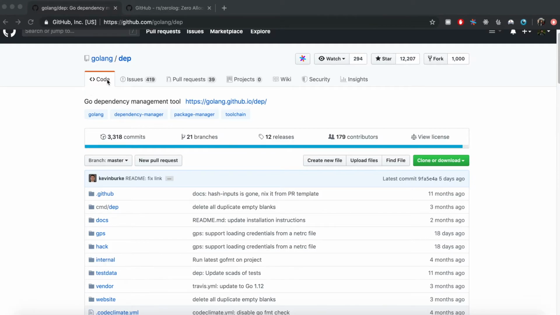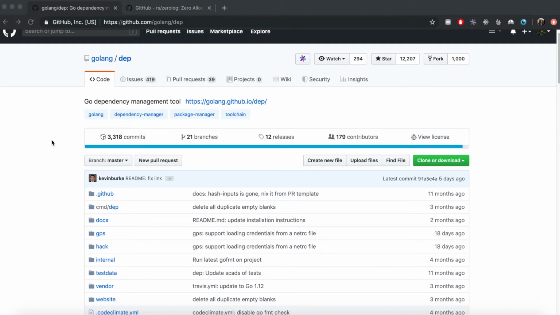In this video, I'm going to talk about dep, which is a dependency management tool of Go. What does this mean? This means that if in your code you are using some functionality of some other code which was written by somebody else in some other project, and you want to not only use that functionality but also have it self-contained in your own project so that your project itself is completely contained within itself, and you can easily then package it and deploy it somewhere without having to worry about some other piece of code lying